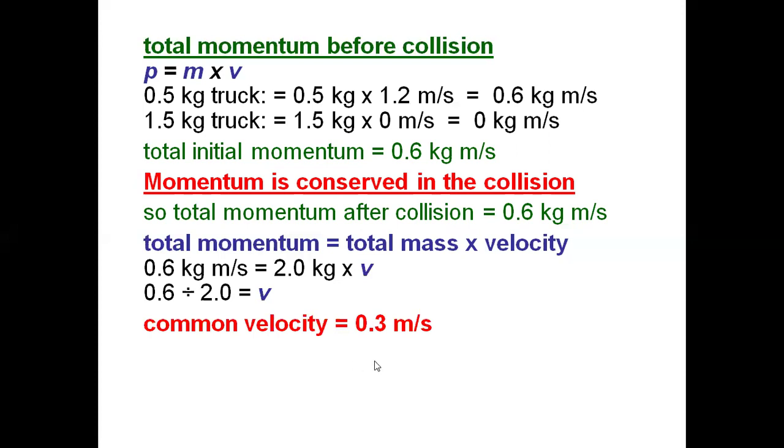Collision may be elastic or inelastic. This is actually an inelastic collision. We will check it later on. What is the difference between elastic and inelastic collision? Whether the collision is elastic or inelastic, remember, the momentum will remain conserved, but the kinetic energy will not remain conserved. That will be less than before, because it is transformed into another form. It may be converted into elastic potential energy due to deformation of the bodies, and it may be converted into heat and sound energy also. So kinetic energy will be less than before.